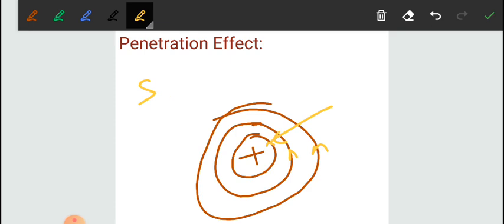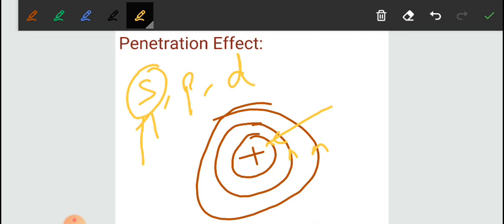We know there are s electrons, p electrons, d electrons and f electrons. Penetration means the electrons which are very close to the nucleus can be found very easily inside it, and that will be the s electrons. The electrons which are very near to the nucleus are more penetrated, meaning the probability of losing them is very low, because they have a very strong force of attraction towards the nucleus.